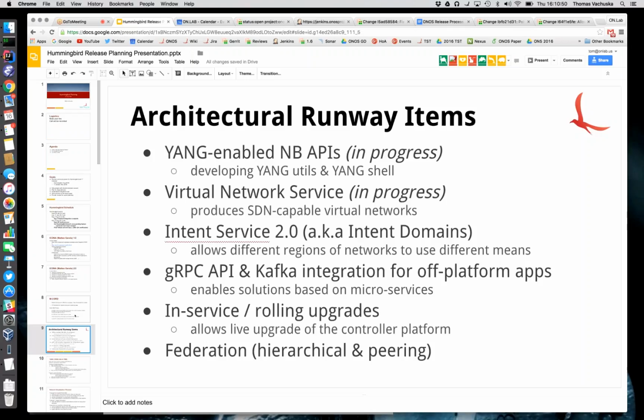And virtual network service is going to continue investment there, and I will talk more about it later. Also, we want to resurrect the intent service or intent domains, and Brian will talk about this. And then in order to facilitate enrolling off-platform applications, we will be working on gRPC and Kafka, and Madan will talk about this. So these are the major pivotal themes, and they will be covered in more detail